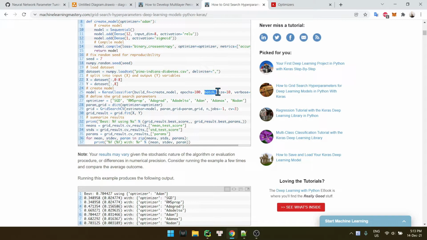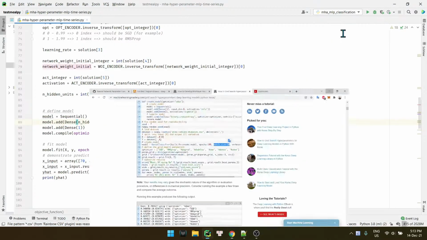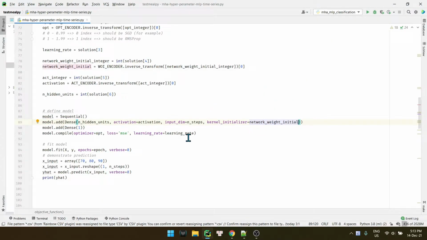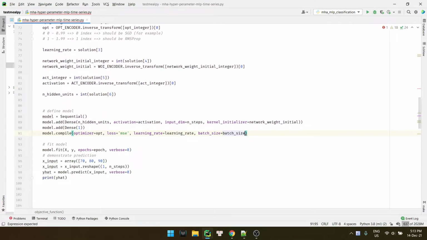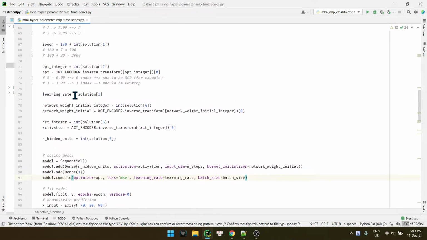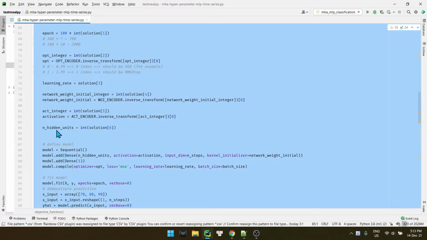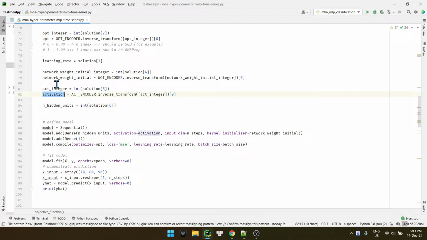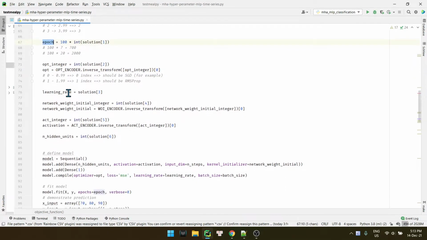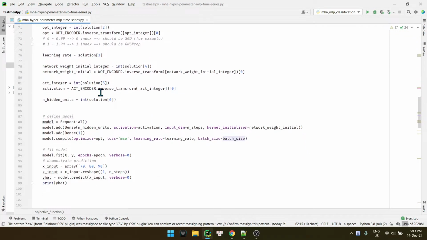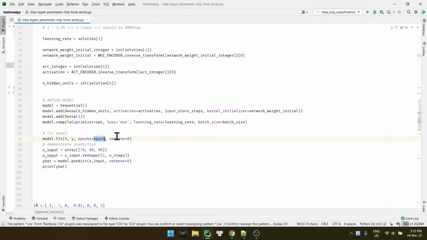Right here, define here path size equal to path size. Anything else? So hidden activation, learning rate, optimizer. Okay, that's all. Happy now.